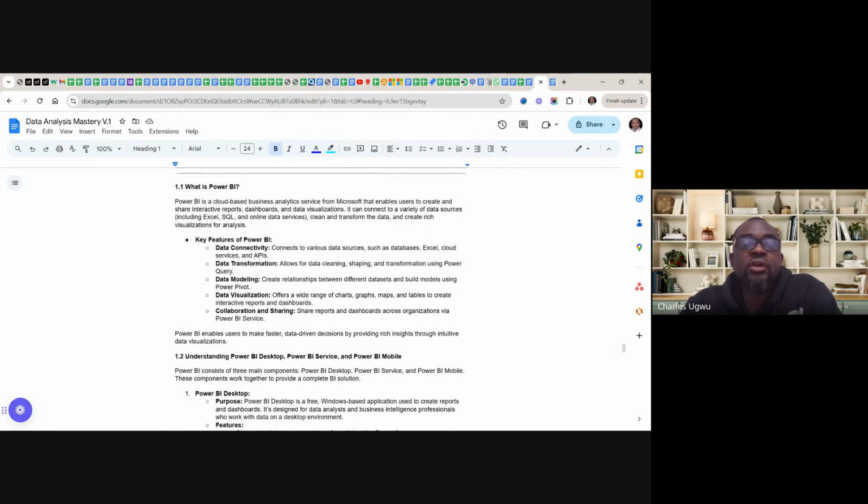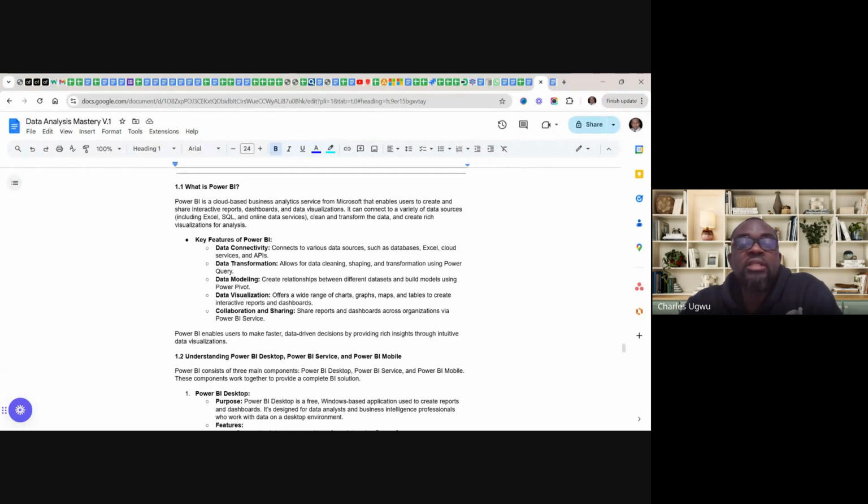Key features of Power BI: data connectivity, to connect to various data sources such as databases, Excel, cloud, and APIs. So you can connect to a lot of data sources and get data which you transform, model, and visualize.